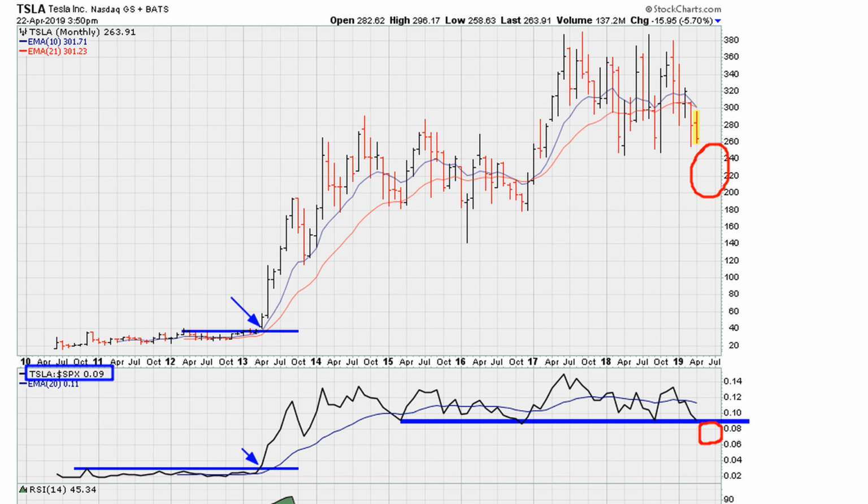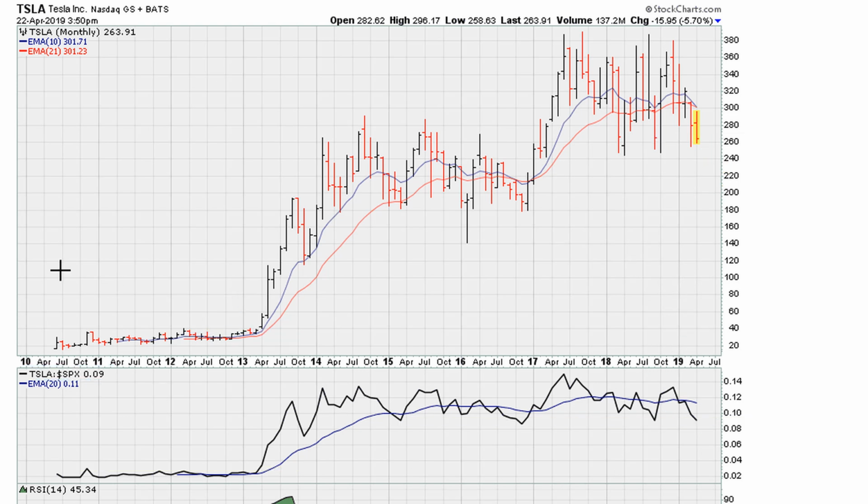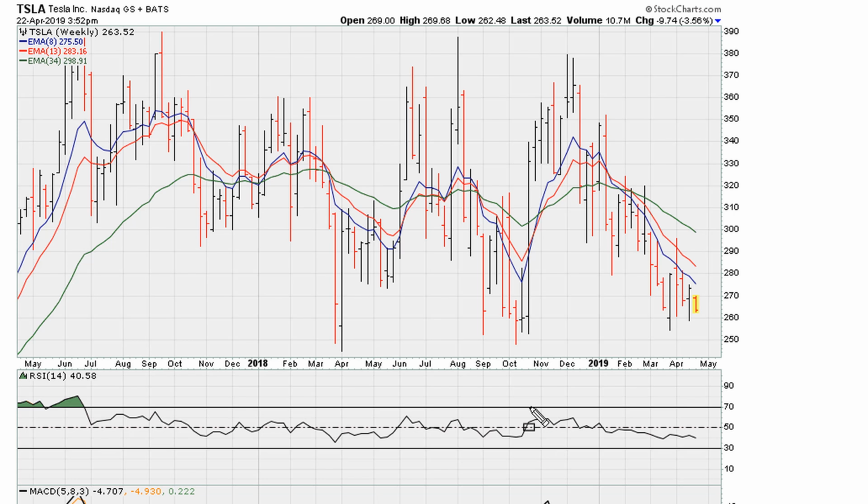The key is to watch those price levels. 264, going back to the lows of late 2018. Again on the monthly, 264.77. Anything below this is a warning sign that this might be deteriorating into a bearish drop, and we can actually use the recent weekly closing low, and that is, as we've seen,